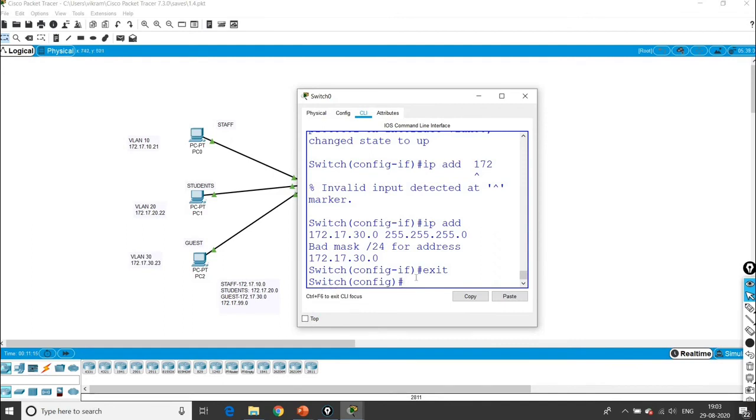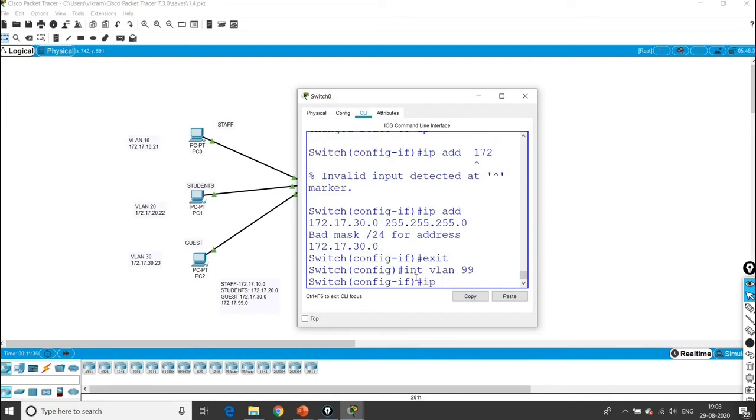And similarly for the native VLAN, the IP address I want to give. IP interface VLAN 99.